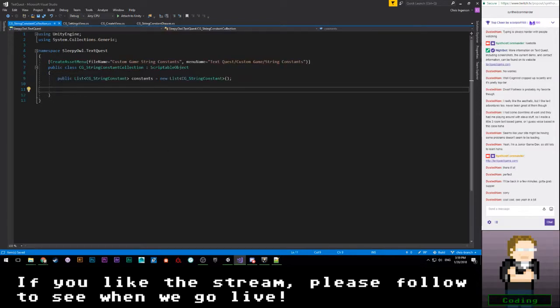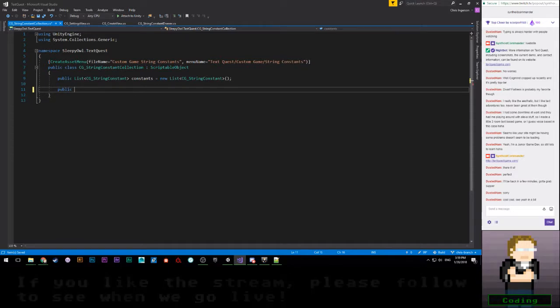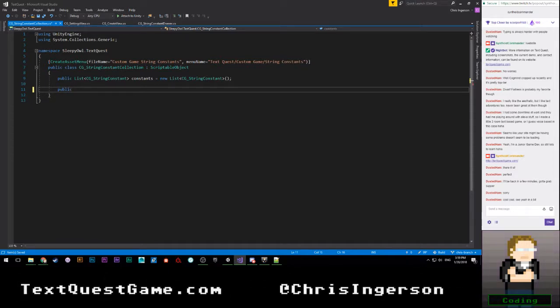So real quick, we need to add some functions to get IDs back, or get constants back from our lists. Well, we'll just return the entire thing. So we're going to say CG string constant, get constant. That will be based off of the CG_ string constant ID.